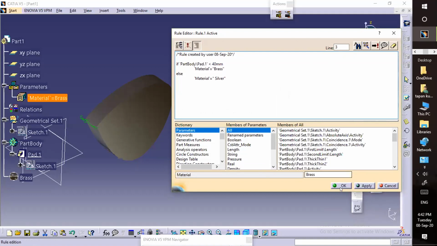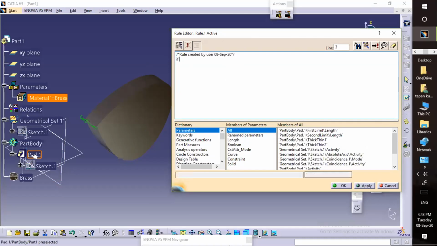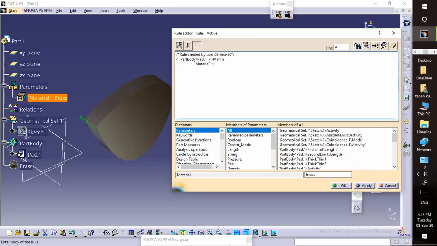Sir, there is a space between the quotation and S in silver. Again I'm typing. If my material will be equal to brass.